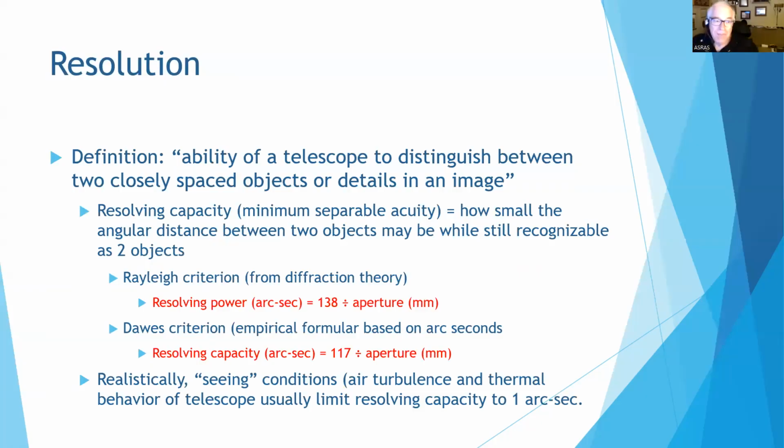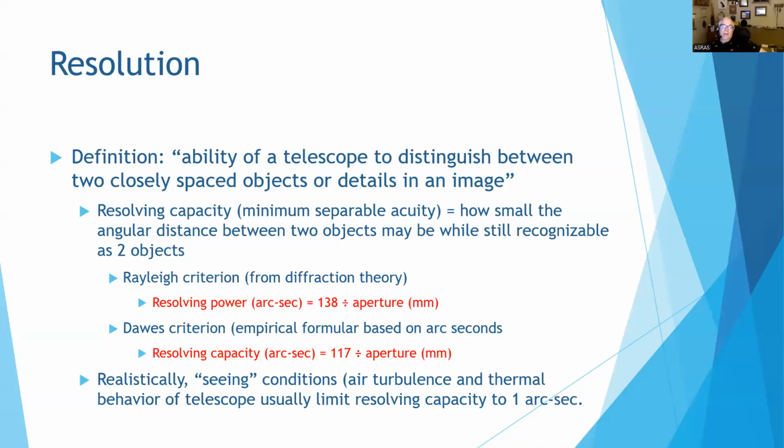Resolution is the ability of a telescope to distinguish between two closely spaced objects or details in an image. So resolving capacity, referred to as minimum separable acuity, is how small the angular distance between two objects may be while they're still recognizable as two objects. And there are ways of calculating these for telescopes. One criterion is derived from diffraction theory. Another criterion is derived from an empirical formula based on arc seconds. I'm not going to spend a lot of time on these